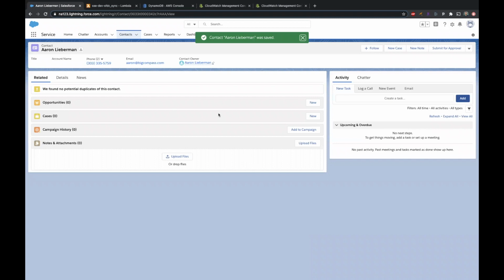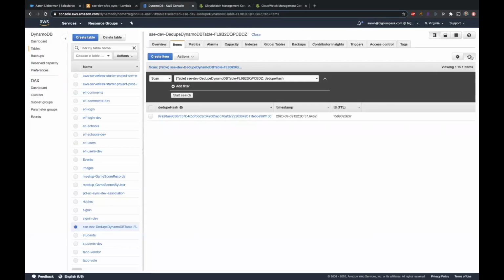What we're going to notice here, first of all, in DynamoDB, if I refresh this, we're going to see a new hash generated here. By default, we have a time to live on this particular record in DynamoDB. So this record just flowed through our system. What this time to live is doing is saying, okay, Dynamo, go ahead and delete this record automatically, without us having to do anything, in 1 hour.